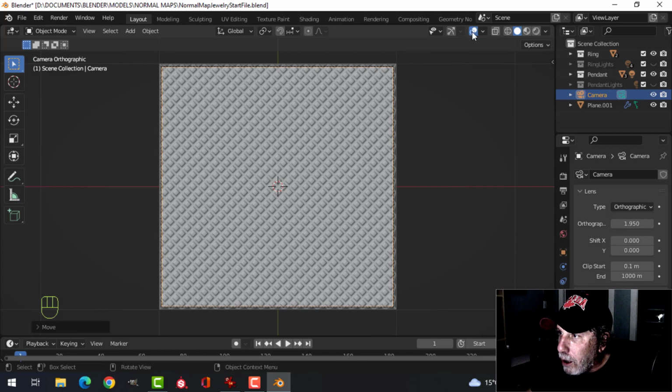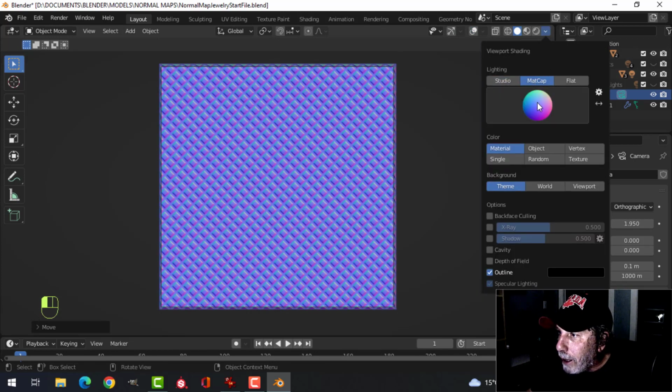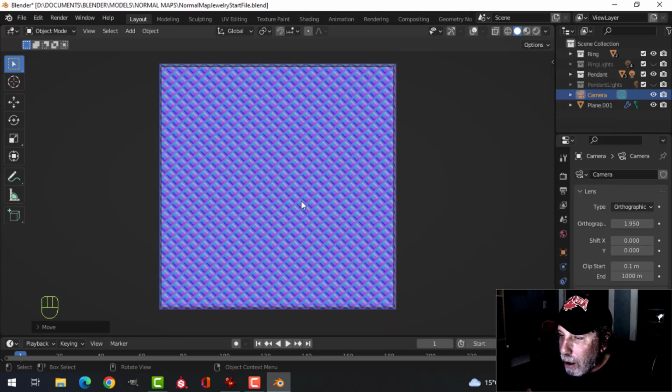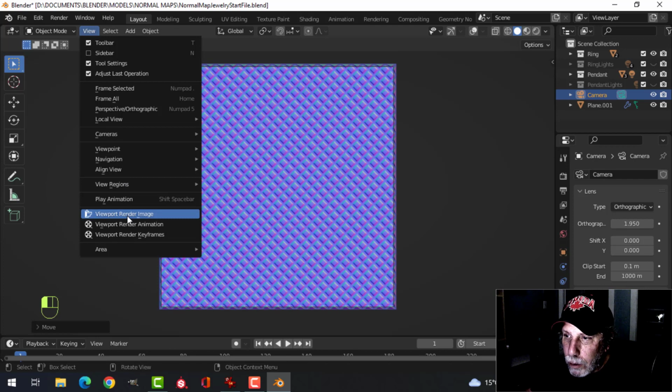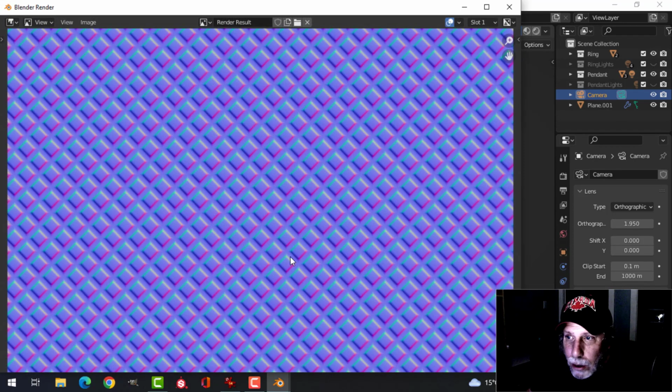I'm going to turn off these and come to Matcap and choose this one here for normal. All right, Viewport Render Image. That is the normal map that we want, the pattern we want. Now, I've already created one last time, so I'm going to use that, but otherwise you need to save this image,